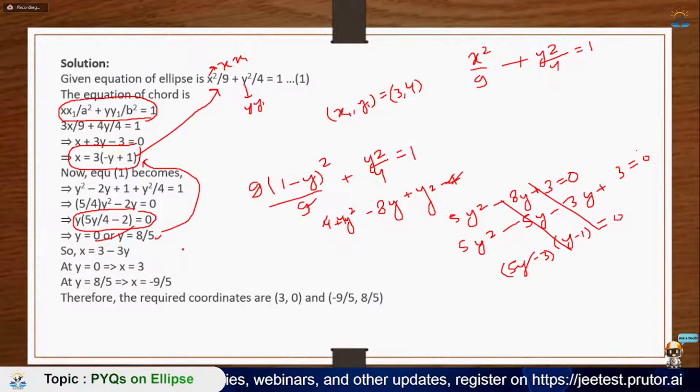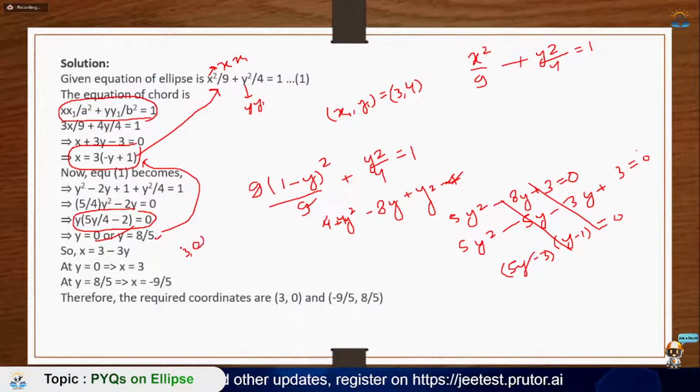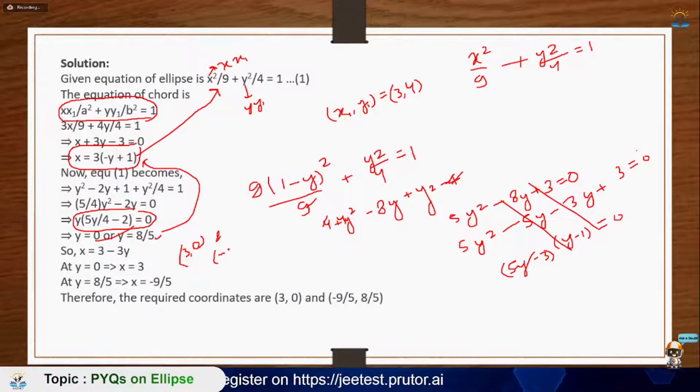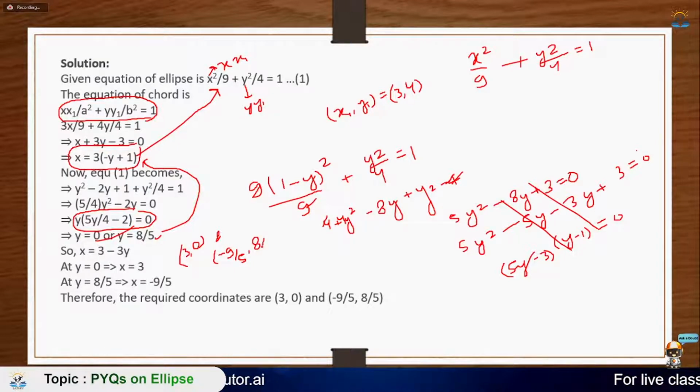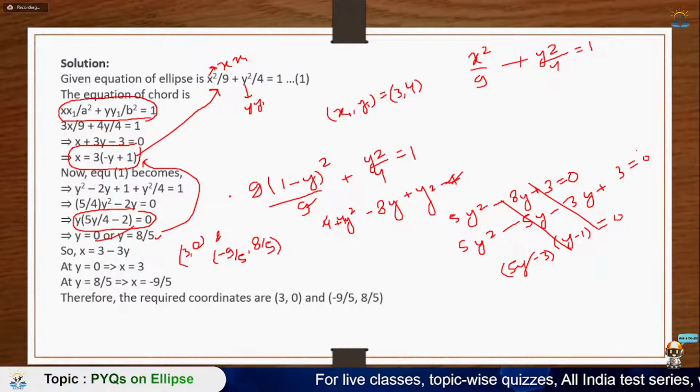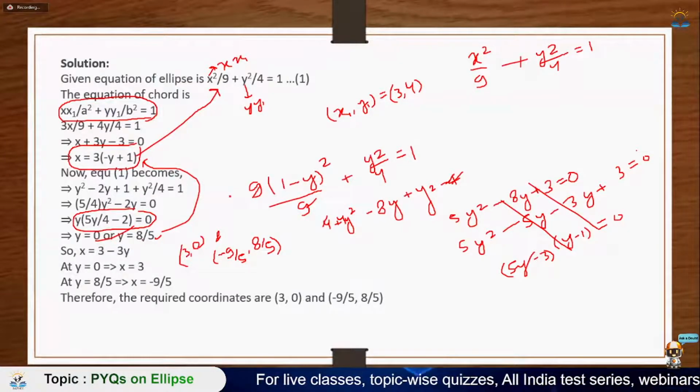So you have got 2 points, which are 3 comma 0 and minus 9 by 5 comma 8 by 5. Okay, so basically these are the 2 points which will satisfy your tangent. मतलब अगर आप कोई tangent draw करते हो किसी point से, and if it comes and touches this ellipse, so it will touch at these 2 points. Okay, so the tangent will come and touch at these 2 points in the ellipse if you draw tangent